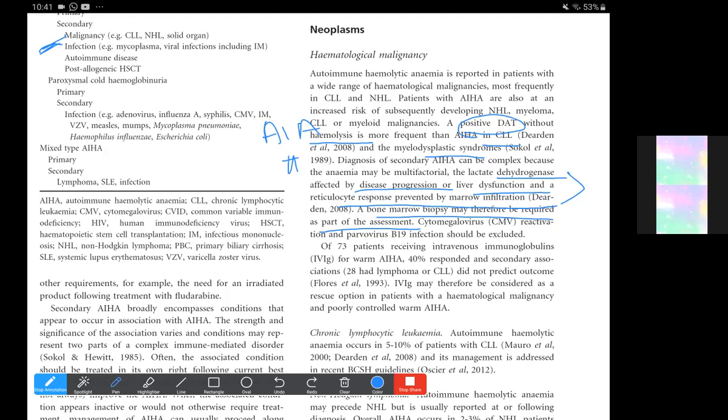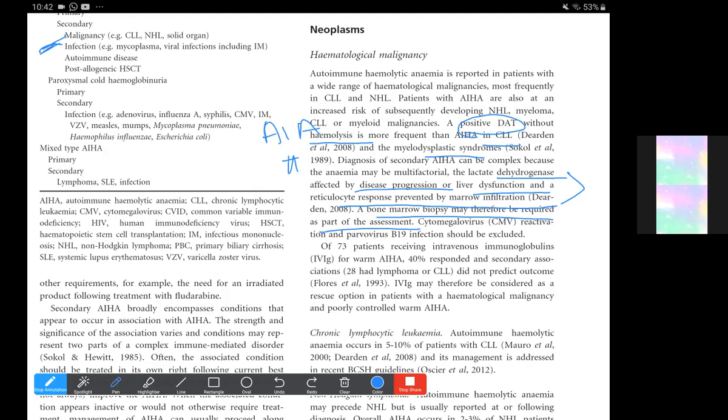And it is also advisable, mostly when the DAT is also negative, to look for cases with MDS, whether in children, congenital causes of MDS, and acquired causes such as sideroblastic anemia. So in all those cases where you believe there is hemolysis but the DAT is negative, there also we need to go for bone marrow biopsy.